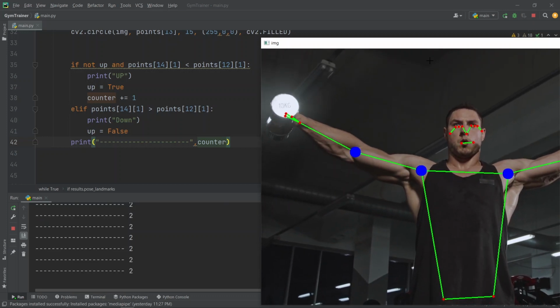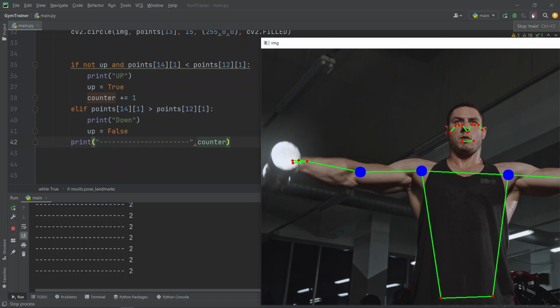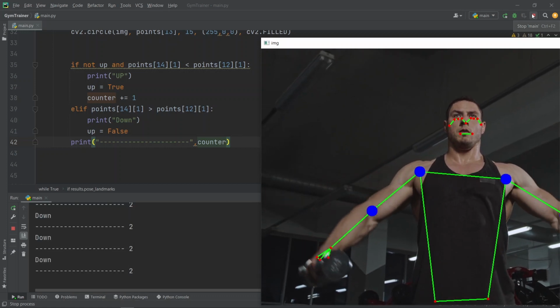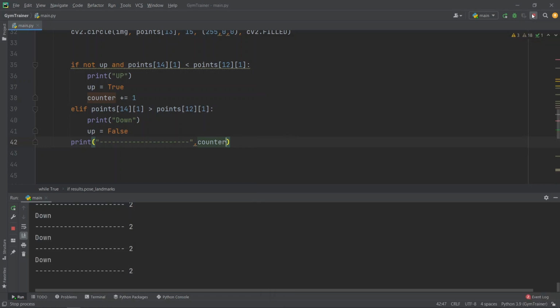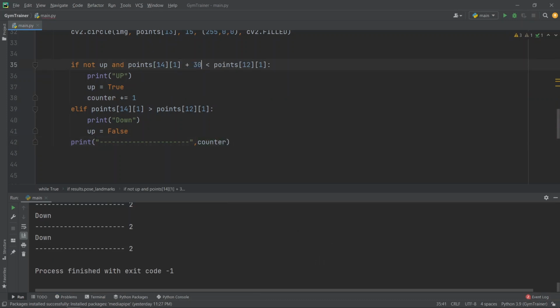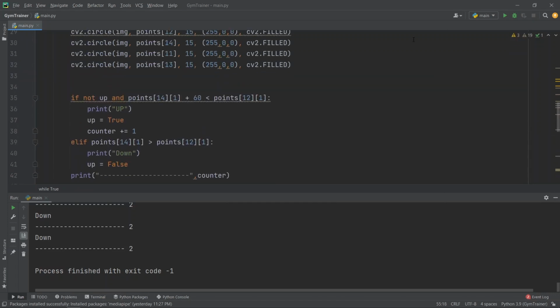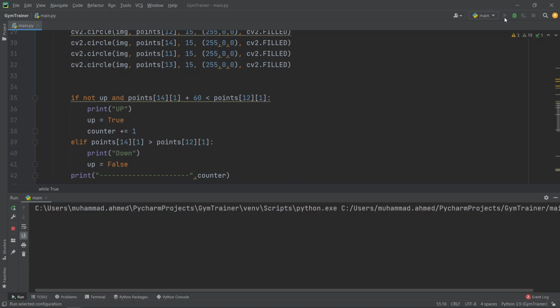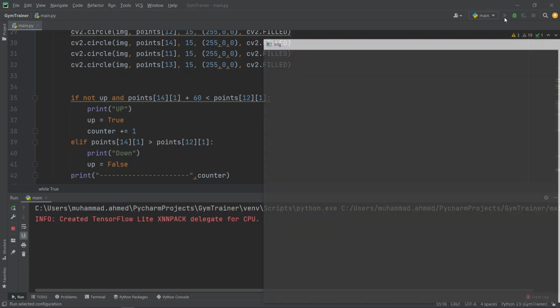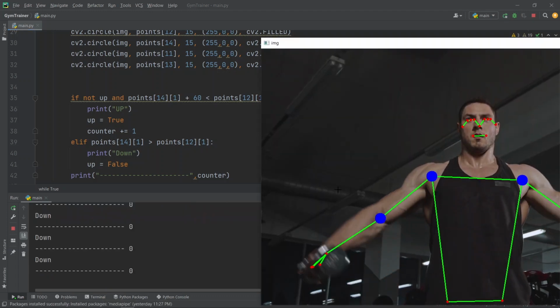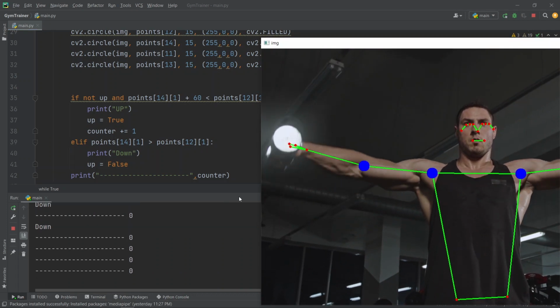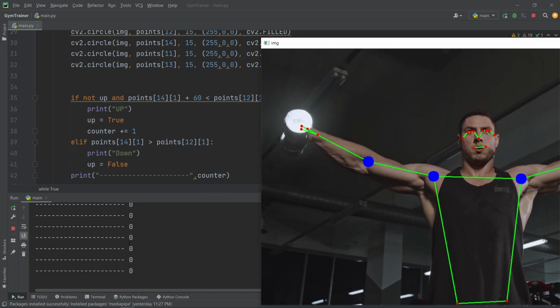Yeah, perfect. Now, right now you can notice that this is actually marking it as true quite early. So to overcome that, we can add an additional 30 points, and let me just show you something. If I make it 60, what will happen? And if we make it 1 again, now you will notice that it won't mark it as a single rep because the gap between these points is not 60 above. So see, we are still getting the 0.